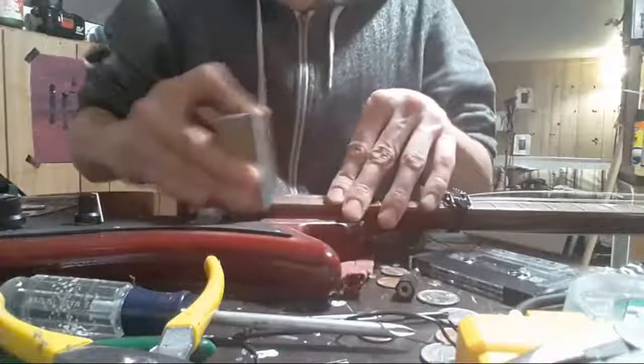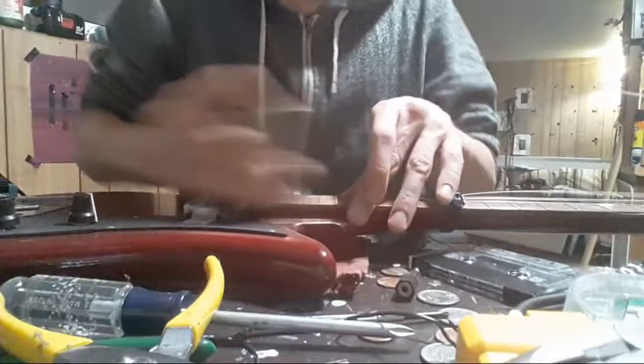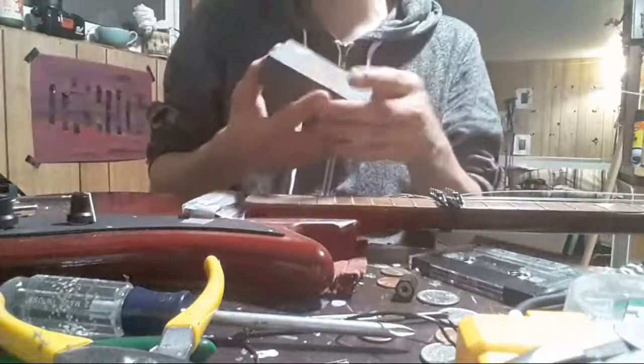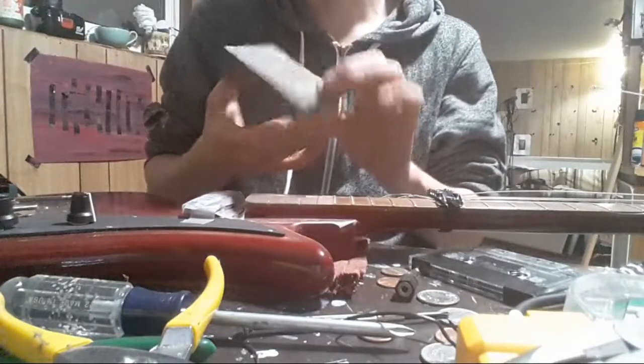I'd have to go up to a finer grit in a minute. I'm thinking I might actually, I don't know if my logic was completely backwards, but I might actually make it go faster than this piece of shit. Because this one is really flexible. And it works, but...